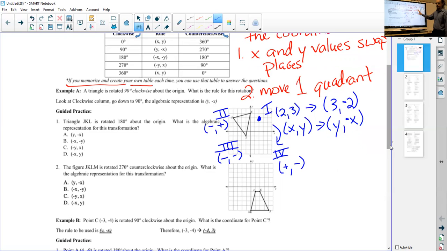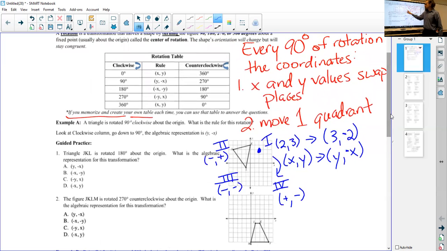The other thing to keep in mind, instead of having to remember them separately, you'll notice that there's like 3 columns here, because counterclockwise, if we turn, instead of going around to the right, if we went the other way, you're still going all the same places. You're still going to quadrants 2, 3, and 4. You're just doing it in the opposite direction, which is why